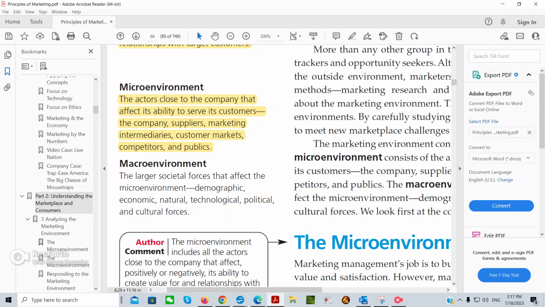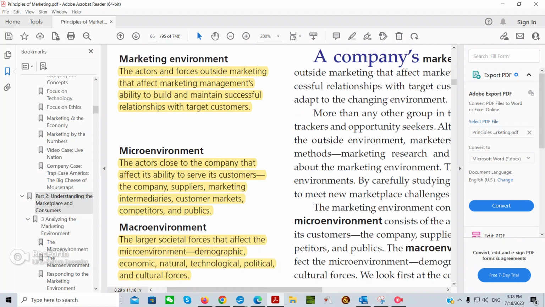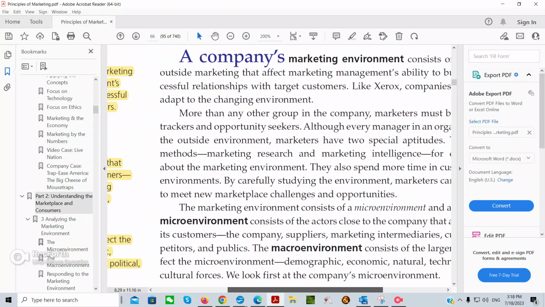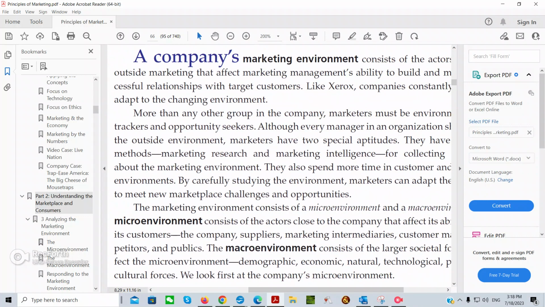Let's talk about the macro environment. It's the larger societal forces that affect the microenvironment. These are demographic, economic, natural, technological, political, and cultural forces. What happens is that the macro takes longer to make changes to. Once it makes changes to it, it's quite impactful. The microenvironment is much easier to influence because it's on a smaller scale. That would be one reason. Okay? Now,